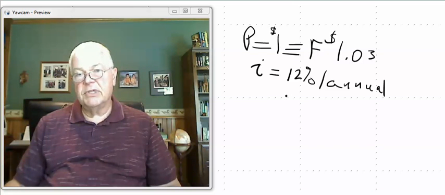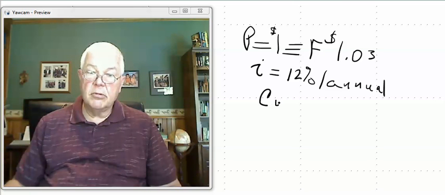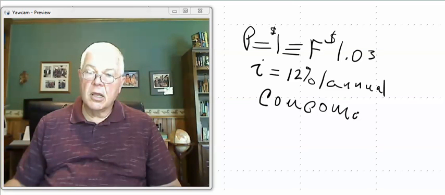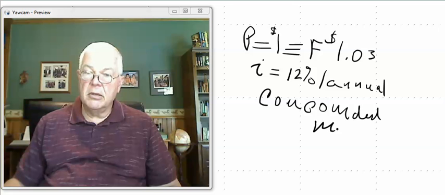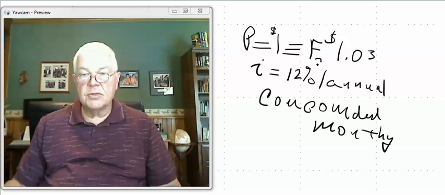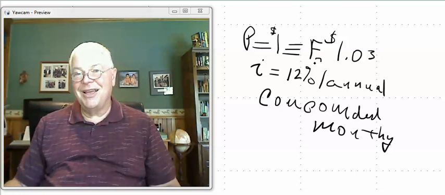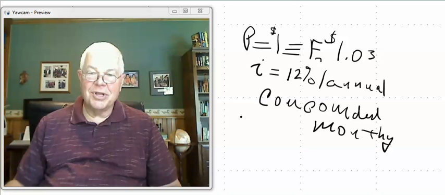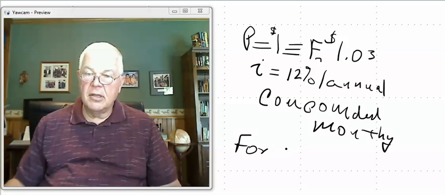But in general, then I'd have to tell you, for example, compounded monthly, and the present value is a future value, and I might want to put a 3 there. I'm going to have to work on this some more. It's compounded monthly for 3 months. And so that's the basic idea then